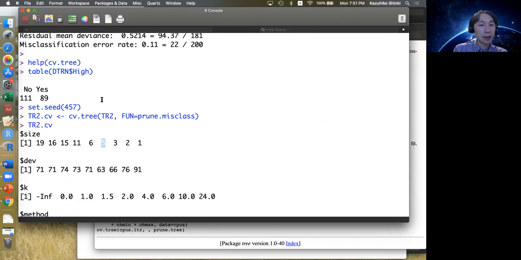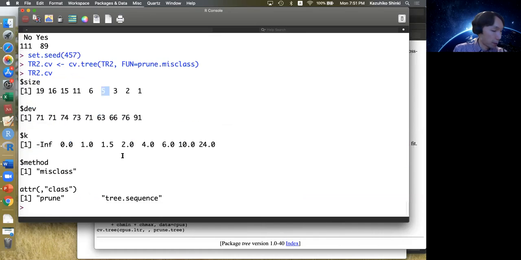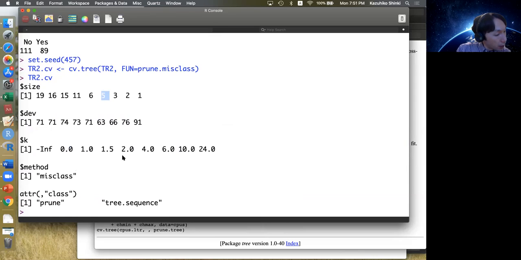Okay, so this cross validation, actually the error is generally smaller, but if the size of the split is 5, then it's the best. So probably size of 5 is the best. Okay, so yes, and this k is the